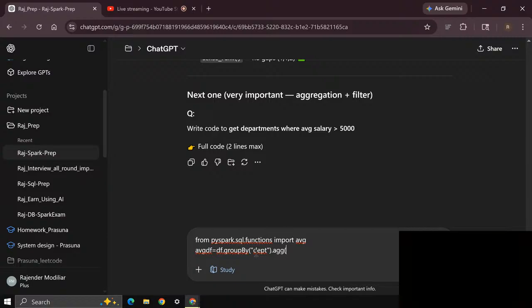In that I need to mention the aggregated column, avg_sal, comma, the avg function. Can I apply it directly? I don't know. avg_sal, avg of salary.